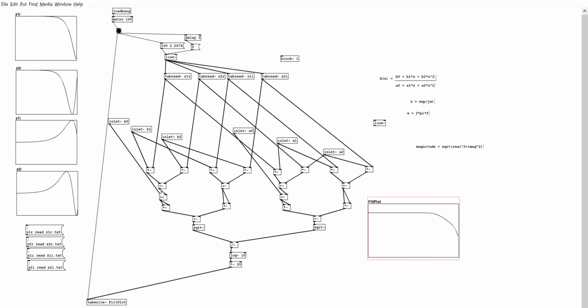Here, the same thing: taking up two inlets of a multiplication block makes it squared, adding them together and taking the square root, as is the magnitude defined by this equation. So this is the numerator. The B vector makes up our numerator. It's on the left inlet of this divide block. The A vector takes up our denominator, the right inlet of this divide block, and then we're taking the magnitude